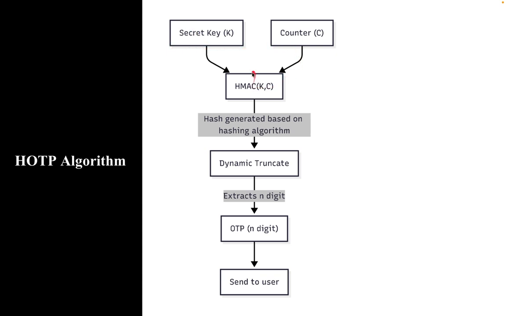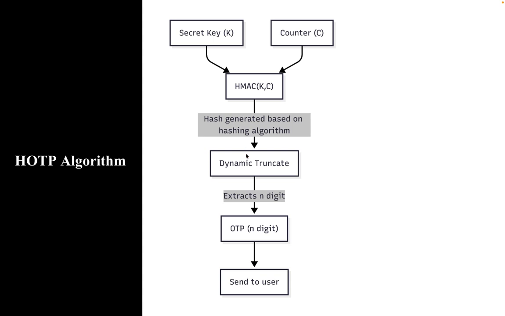We feed these to HMAC. This is a hash-based message authentication code algorithm that would be responsible for hashing your secret key along with the counter, on the basis of the algorithm you mentioned. Previously we had SHA-1. So all these three things would be input for the HMAC function, and it would generate 20 bytes of hash code. This hash code would be the input for the dynamic truncate. We would be going into details of the dynamic truncate in the further slides.